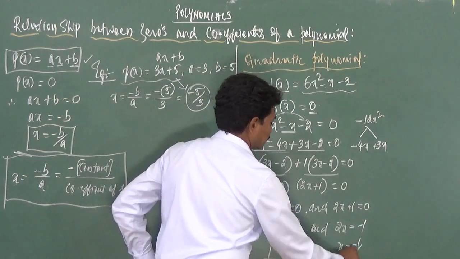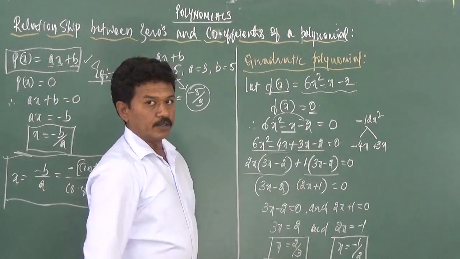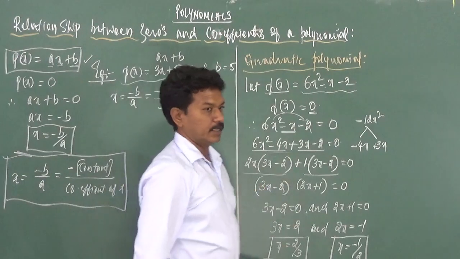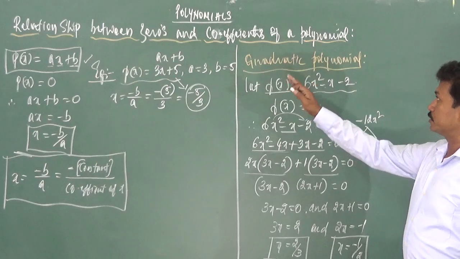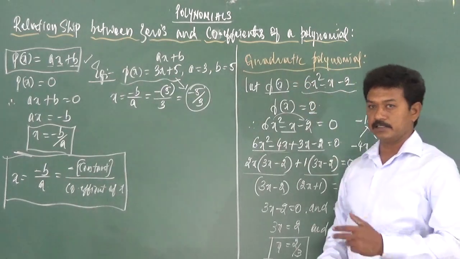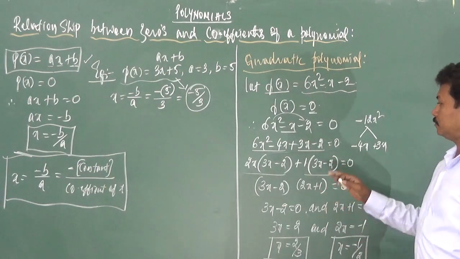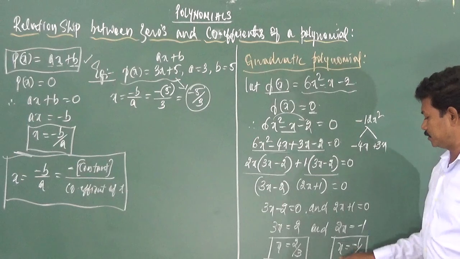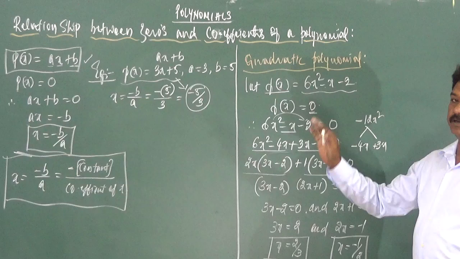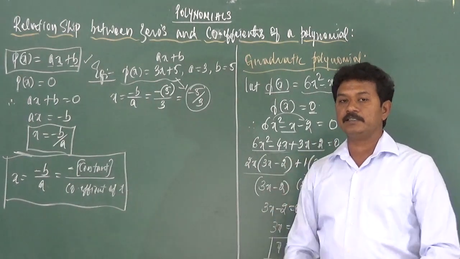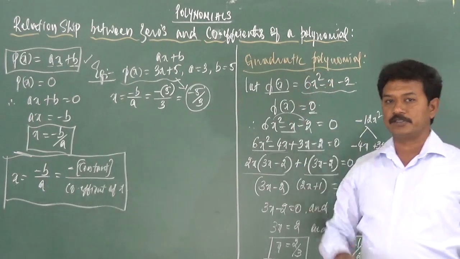So x is equal to minus 1 by 2 is another 0. So therefore we have two zeros for this quadratic polynomial. Now here we are finding the relation between the zeros and coefficients of the polynomial. In the sense, we can directly find out, if we have these two zeros what we have got, the relation between zeros and coefficients of a polynomial. What we are going to find out here is, for a given polynomial, without finding its zeros,